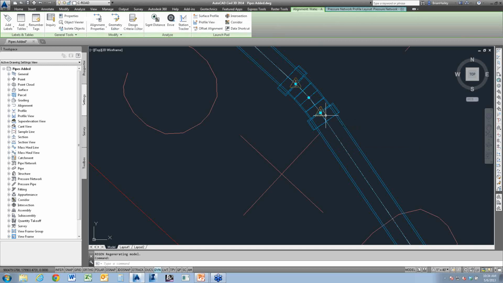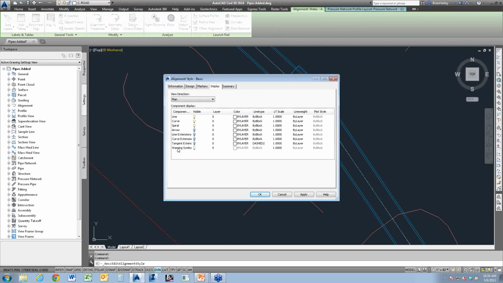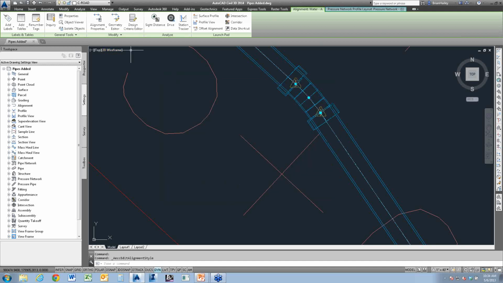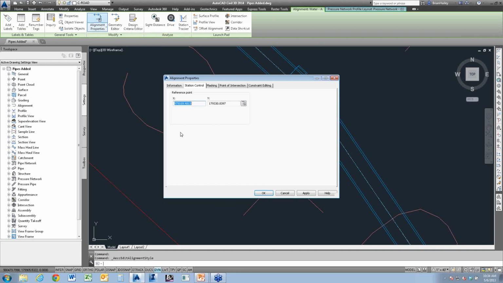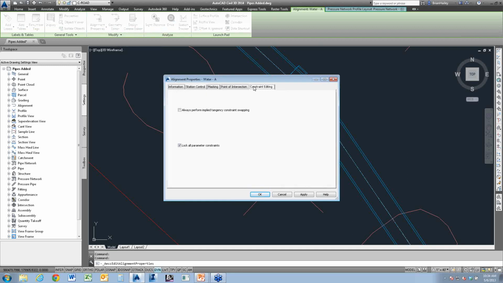But you can just go grab your alignment, edit the style, and either turn off the warning symbol. I don't want to see the warnings. Or you could go to your alignment properties, and where is that? Oh, I don't have a design control turned on.